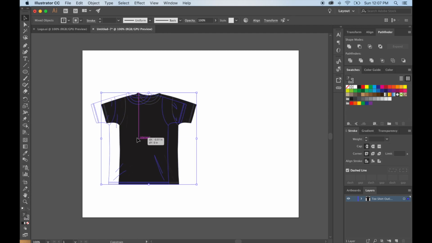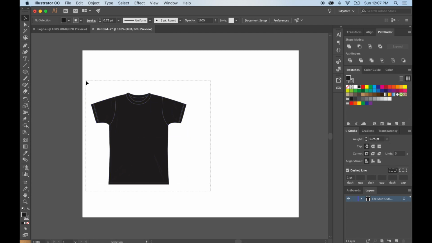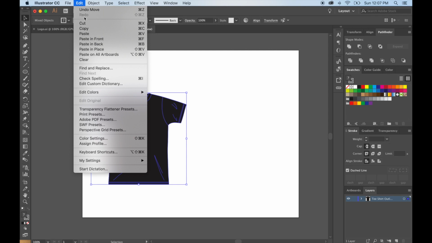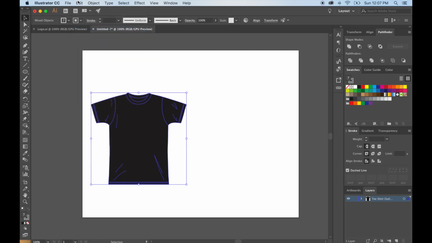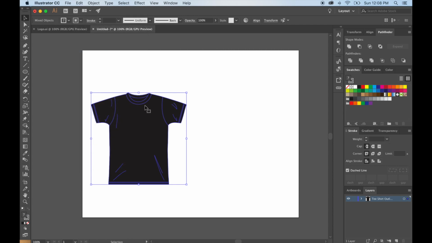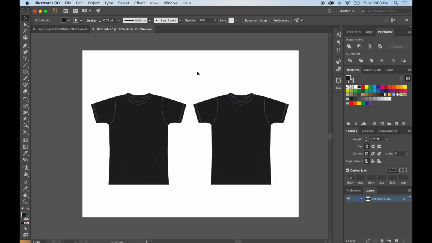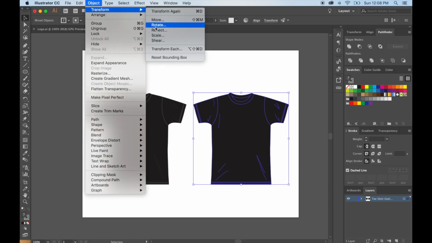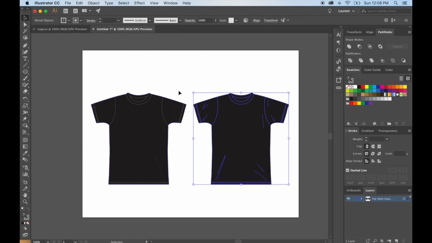Okay, so now once we have that, we're gonna highlight everything, edit, copy, edit, paste and place, and then we're gonna hold Shift and drag it right next to it. So now we're gonna highlight everything again, object, transform, reflect, so it looks like it's rotated, and now we're gonna,